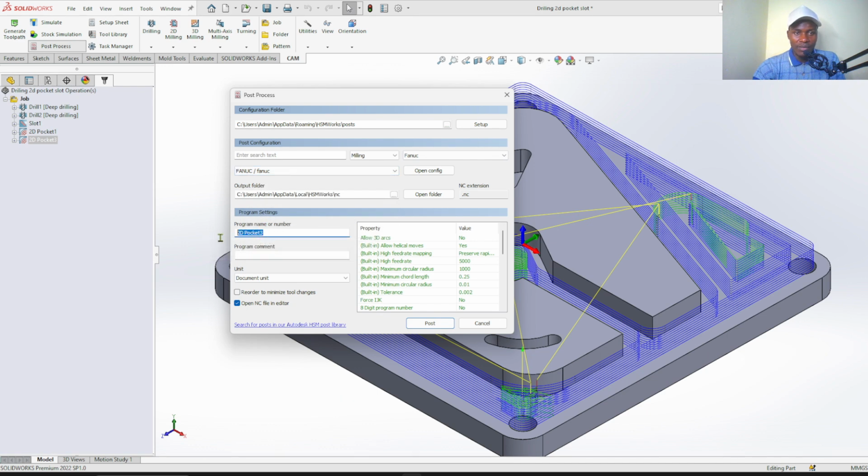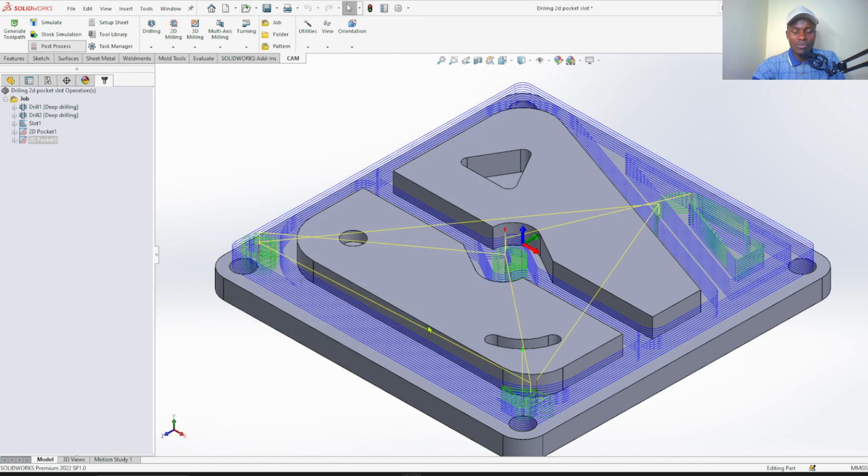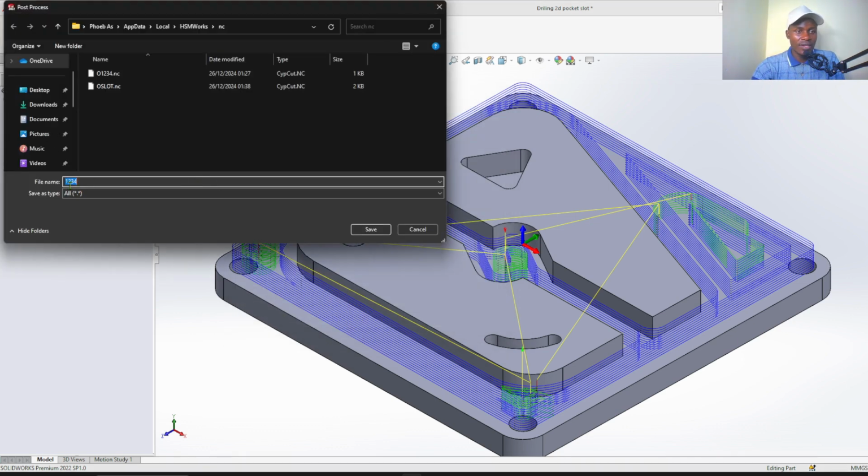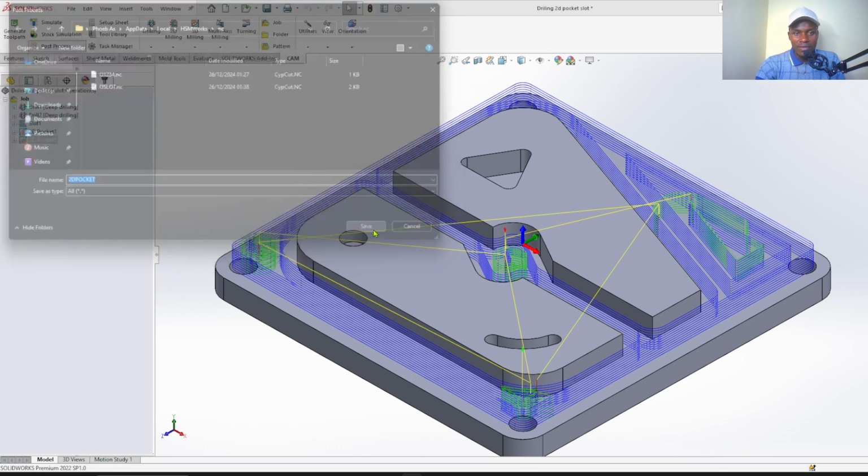Then program number, just give it digits 1, 2, 3, 4. Post process. Then here, just type 2D Pocket. Save.